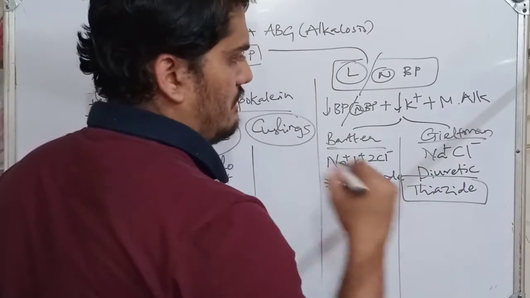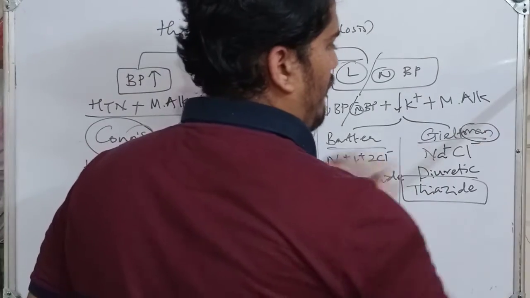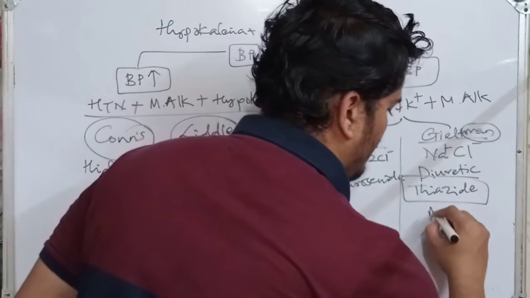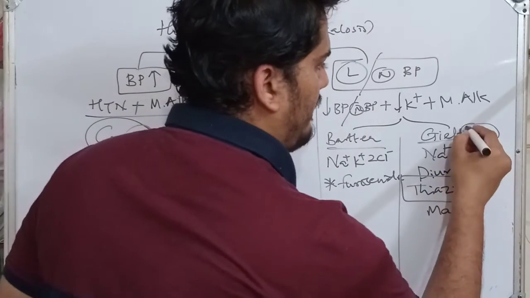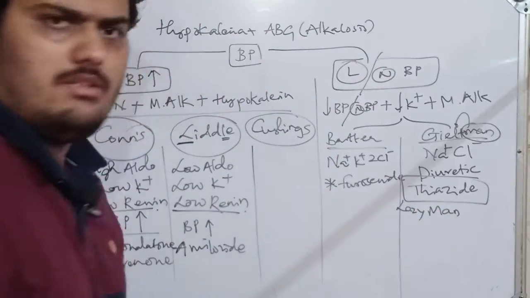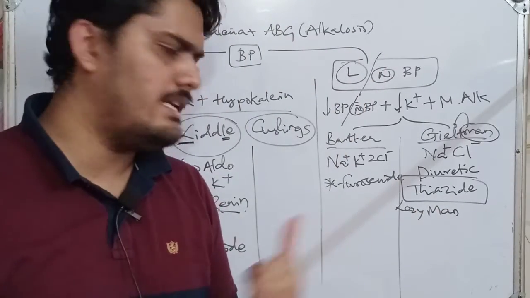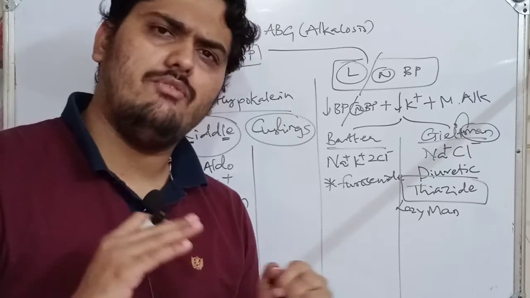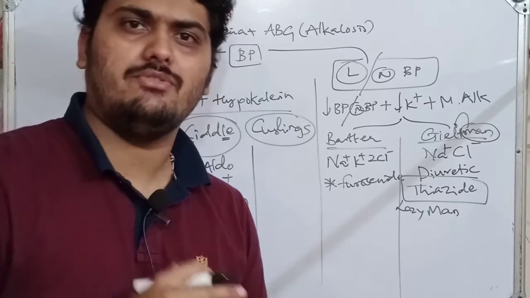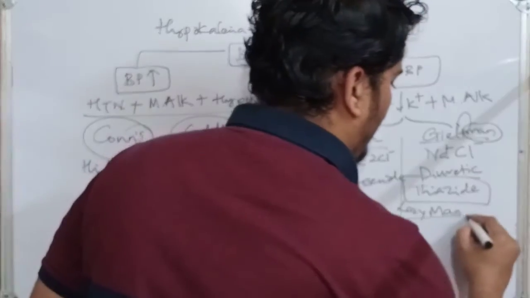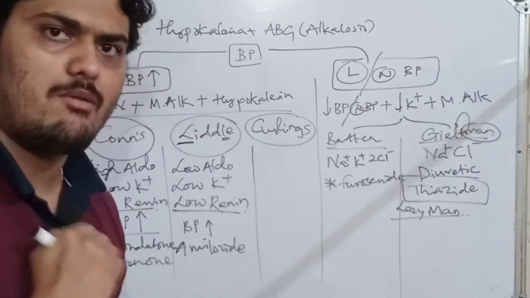So here just look at the word Gitelman, the word man. With this we can remember many things. First one, man, just write man, and behind the man there is L, just write the lazy man. So lazy man, does he take any tension regarding life or stress? No, the patient is very calm. So the blood pressure within him is low to normal limits.